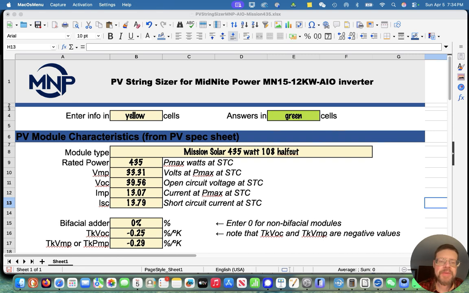Hello everyone. Today we'll be talking about designing PV strings for the Midnight Power all-in-one inverter. This is essentially the same method that you'd use to design the PV strings for any string inverter or charge controller. But if you've been working with microinverters a lot, you may not have seen this. So we're going to go through what the different relevant parameters are and how to decide on how you're stringing